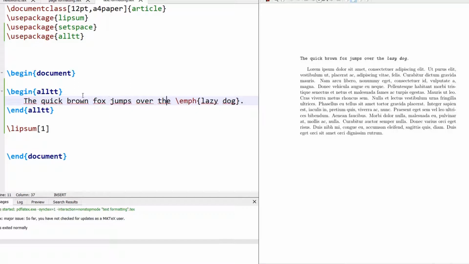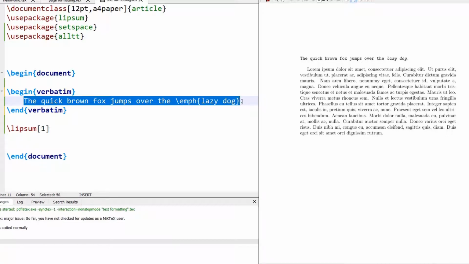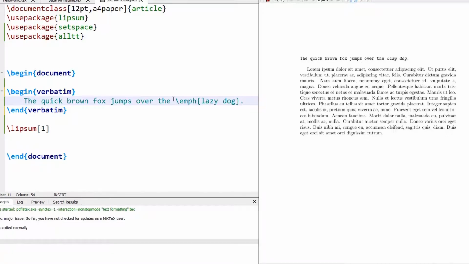Now the solution for this is you can use one environment called the verbatim environment. Verbatim means all the text that is written within this environment will be treated as normal text. It is not going to understand this as a special command of LaTeX.